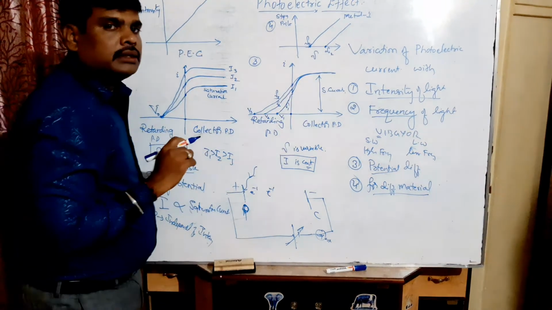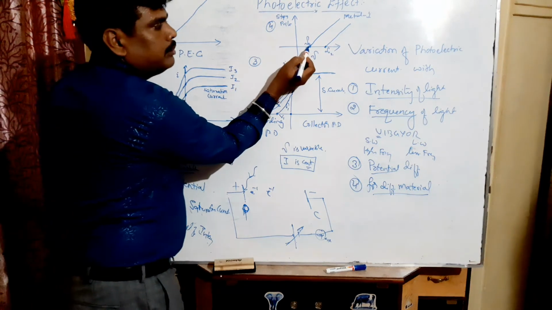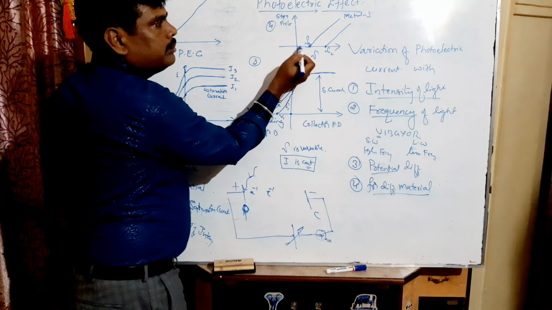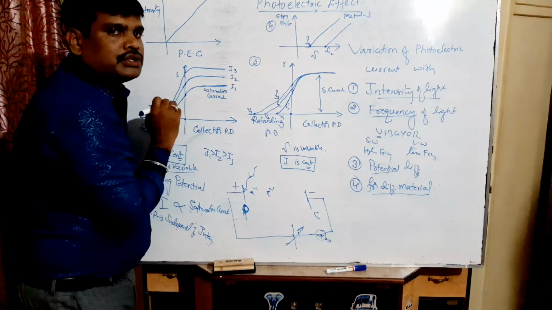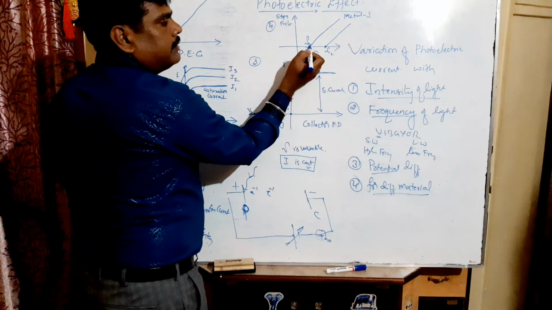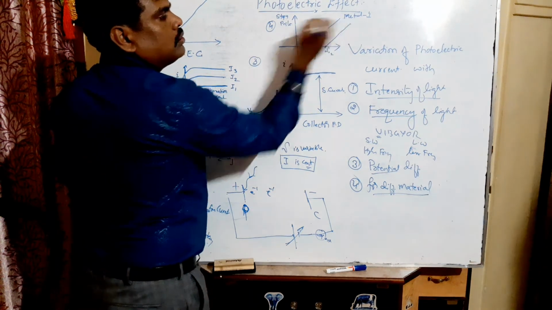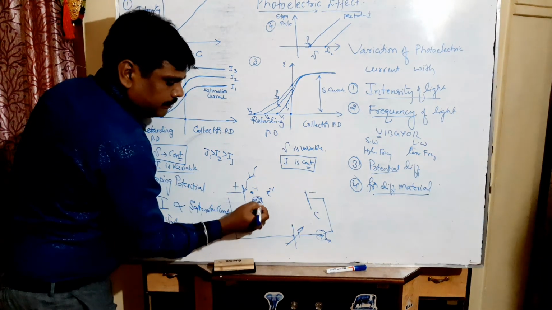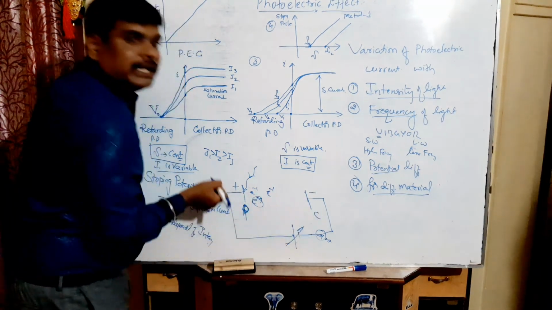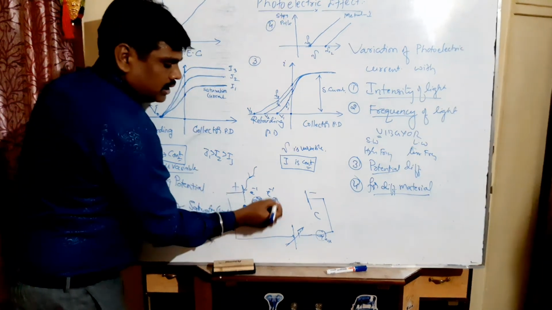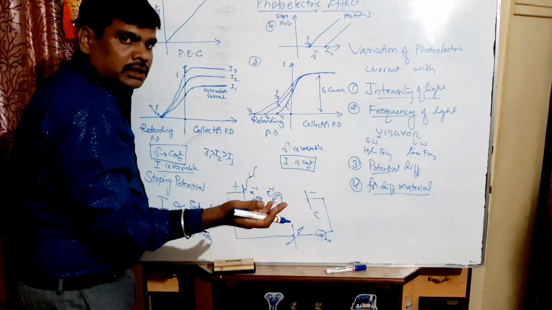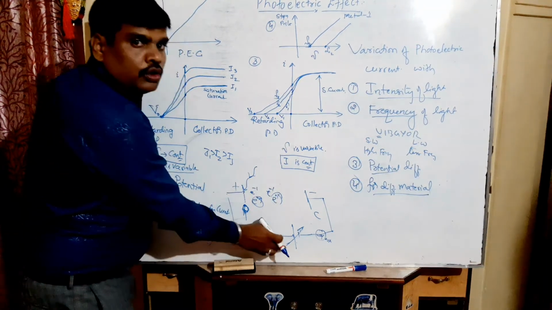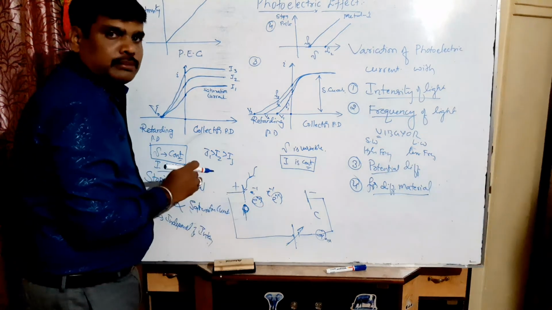So what is nu naught here? Threshold frequency. This is the minimum frequency below which there is no photoelectric current. No photoelectric current means there is no need of stopping potential. If you increase the frequency, the stopping potential also increases linearly. Because stopping potential means if the energy is higher, higher energy is required to stop the electron. So whatever electrons are emitted, if they have higher energy, we can indirectly understand how much higher by using the opposing potential, what is called retarding potential.